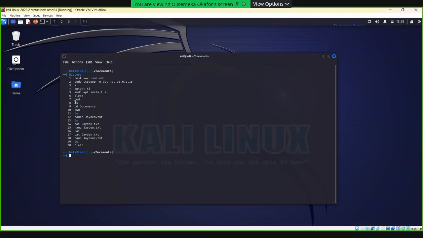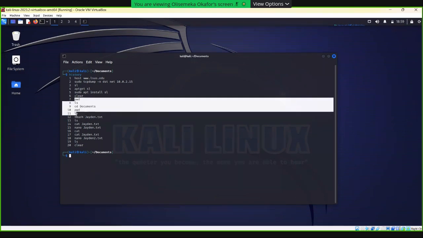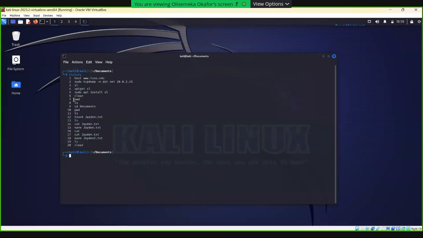We started from there today. So you can see all the commands we typed to get us where we are. We currently have two files, Jayden.txt and Jayden2.txt, in the documents directory. That's how we did that.